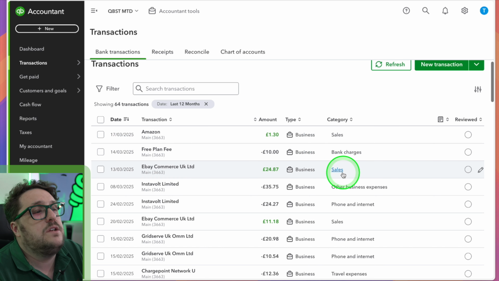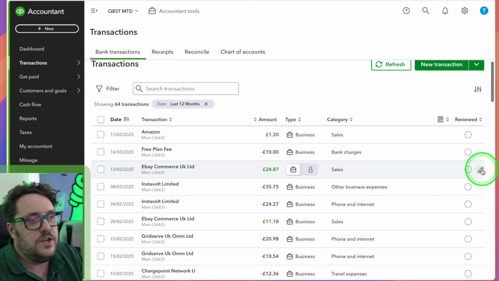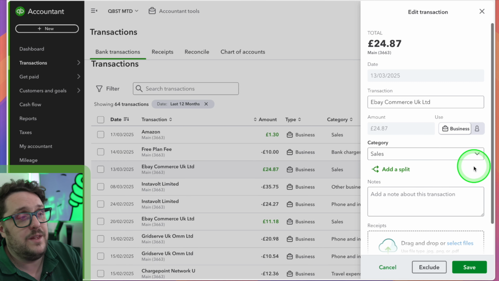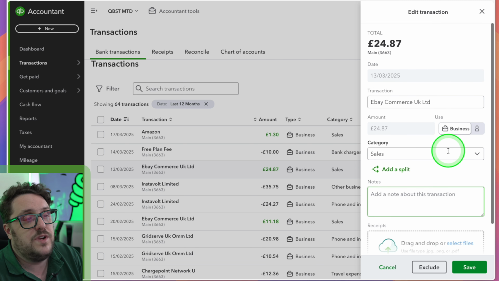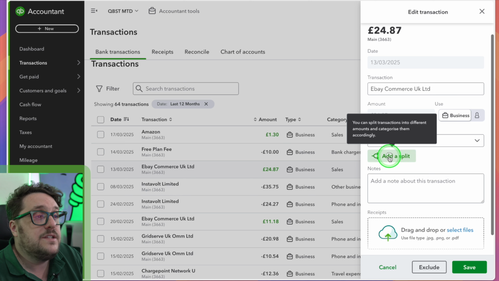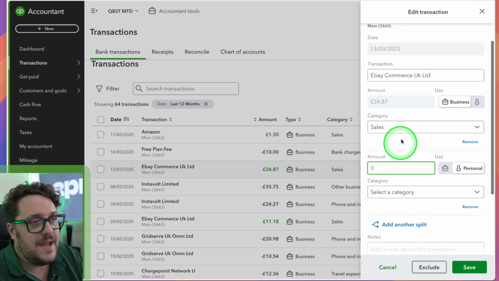So what I need to do then is jump into the transaction, and I'm going to use this little edit button on the right hand side. When I use the little pencil, the edit button, I get this whole screen on the back. And I'm going to use the add split functionality, because the add split functionality gives me the chance to go in and say exactly what's happened. And in my case, what I'm going to say is I've actually had